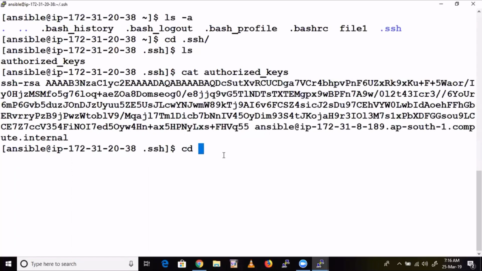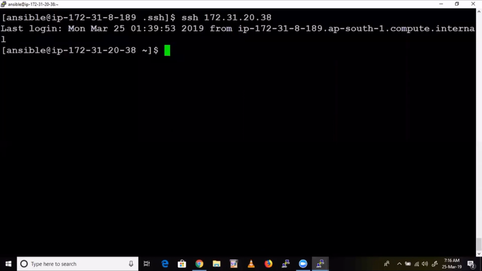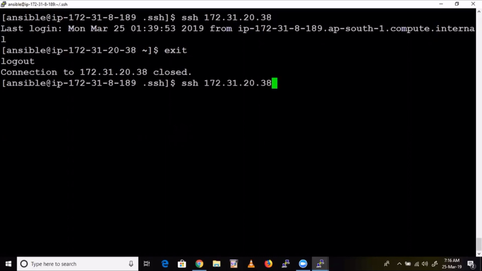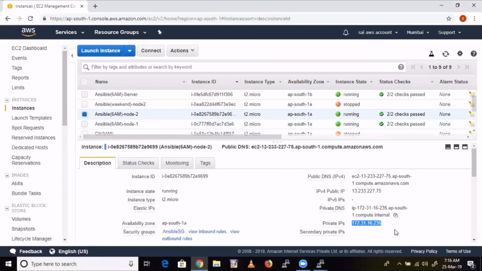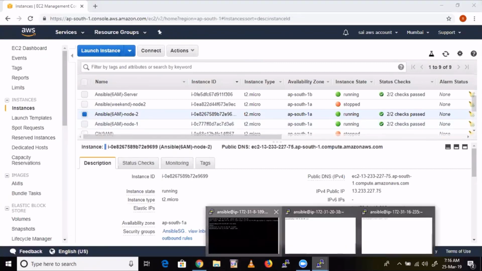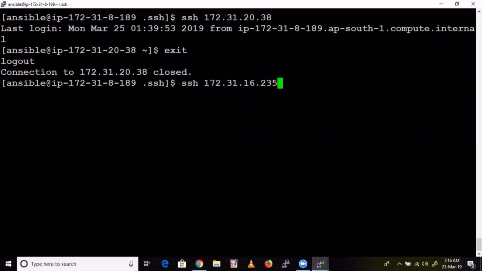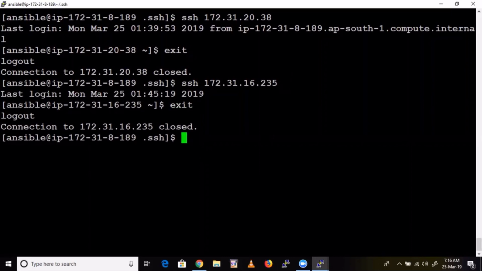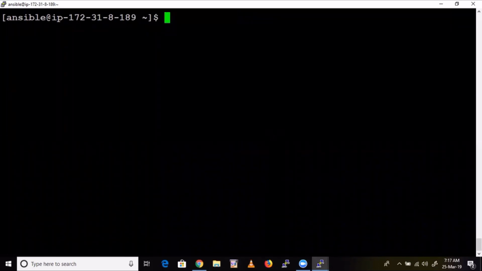Now come back. Same thing in the node also. Right now you are in node 1. Now come back to the server. So let's try to go inside node 2. What is the node 2 IP address? This one, right? Okay. See here, enter. See here, where are you now? Node 2. Got it? So that's all. Again, come back. Now it is not asking for the password, right? Understood, guys? That is how we remove that password.